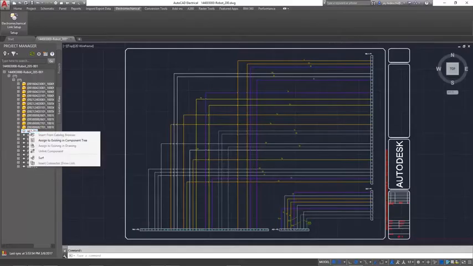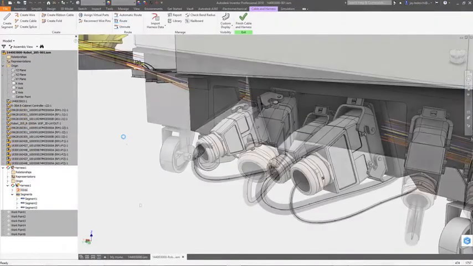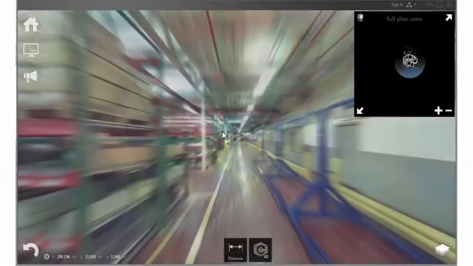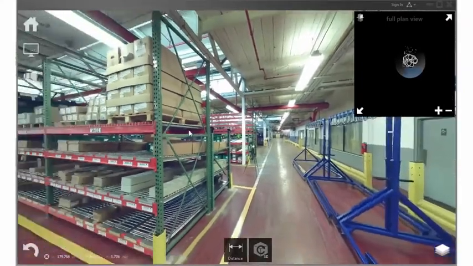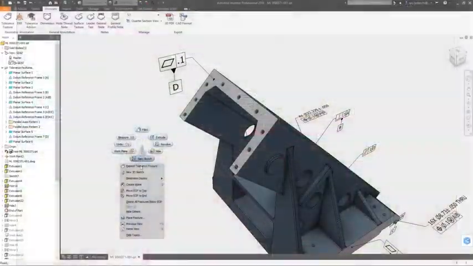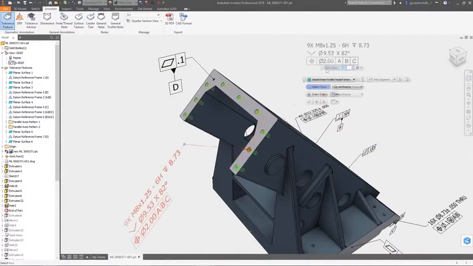Inventor. And when you need to work on electrical schematics, concept layouts, point clouds, or a large design review, there's a seamless connection to your centralized design data. And best of all, you stay at the forefront of product development with access to the latest capabilities as soon